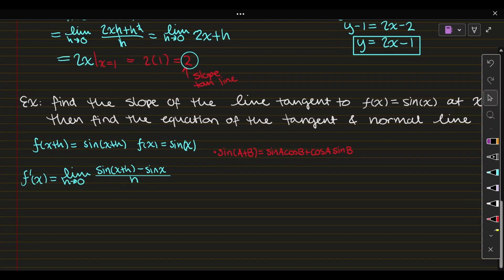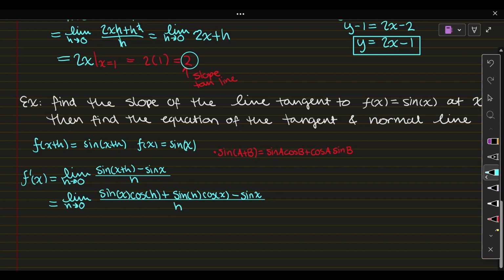So sine of x plus h under this formula becomes the limit as h goes to 0. So we'll take x to be a and h to be b, of sine of x times cosine of h plus sine of h cosine of x, minus sine x over